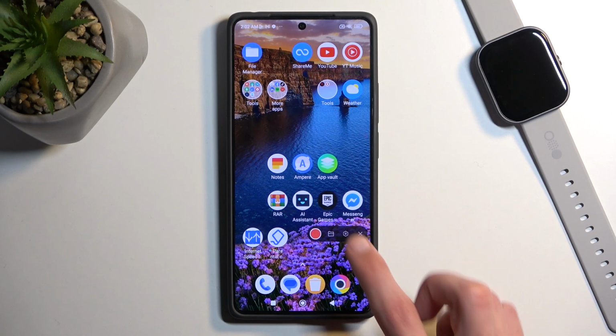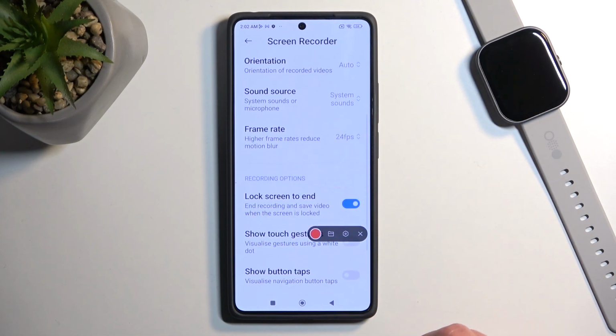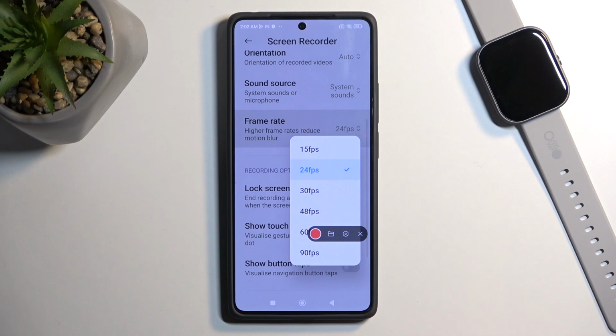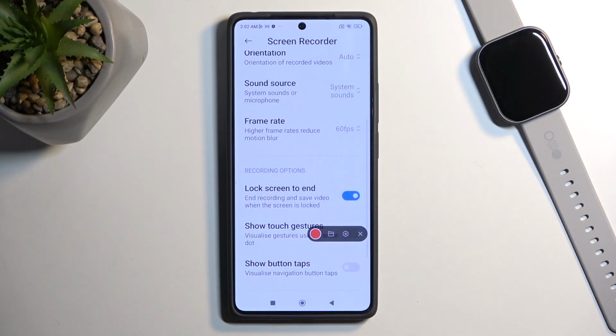Now in the settings, you can customize the quality of the screen recording. By default, it is set pretty well. You might want to maybe change things like the frame rate to something a little bit more reasonable, like 60. Though if you're planning to maybe record some kind of guide videos, something like I am, then 30 will be okay. It will take less space compared to the 60,